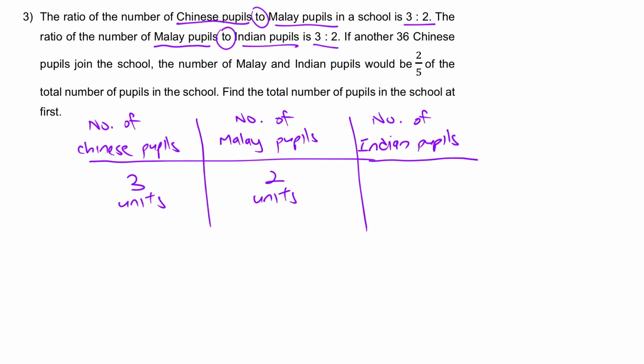However, alright, they are trying to say the 2 units here and the 3 units here, they are the same. How is it possible? This is what it meant in model form. Okay, 2 and the 3. So how do we make them the same? We cut it up. 3, 3, 2 units, 2 units, 2 units to make them the same, 6 units. Hence, the equivalent ratio 3:2, we need to change it to